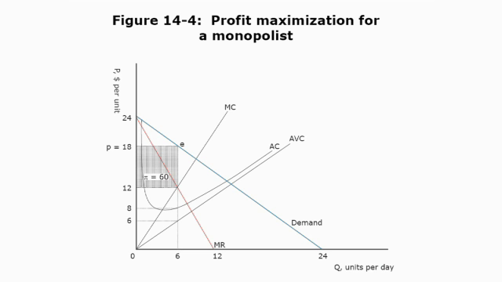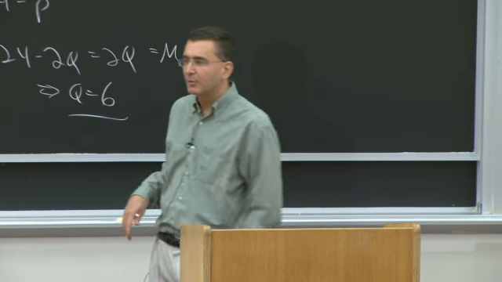Yeah. It's not on the demand curve. The monopolist still has to respect the demand curve. So monopolists, in setting their quantity, use the intersection of marginal revenue and marginal cost. But then in setting the price, they still have to read off the demand curve. They can't change consumer tastes. So they charge a price of 18. That's where you sell a quantity of 6.